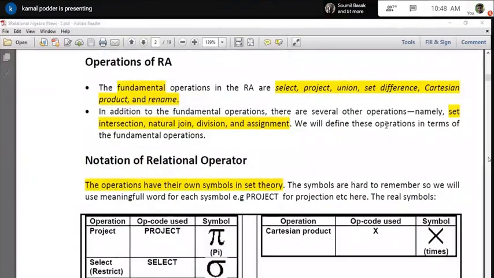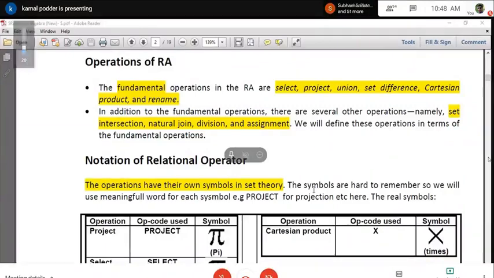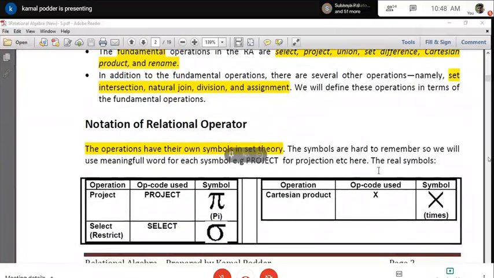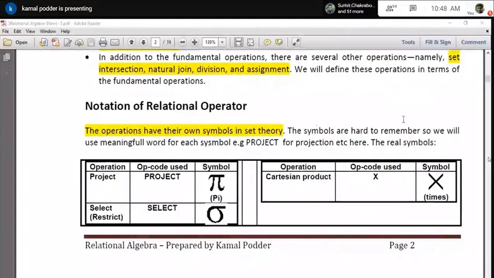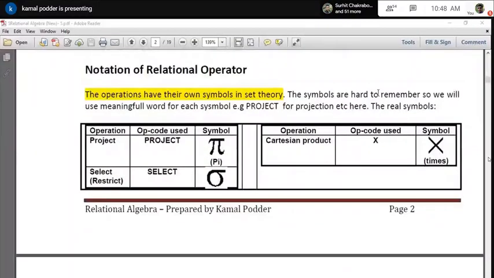Now the operators. Here the relation is a relation, which is nothing but a set, as per set theory. What are the different operations you can do? Some fundamental operations are select, project, union, set difference, and Cartesian product. These are the fundamental ones. With the help of these fundamental operations or a combination of them, you can do a lot of other operations, mainly intersection, join, division, assignment, all those things. We'll cover all the fundamental and some of the enhanced operations, which are built with the help of the fundamental operations.